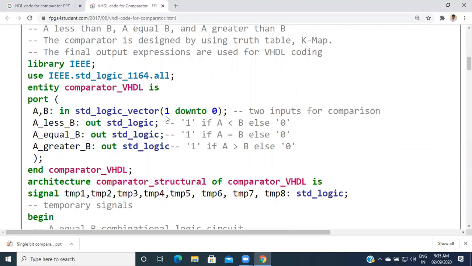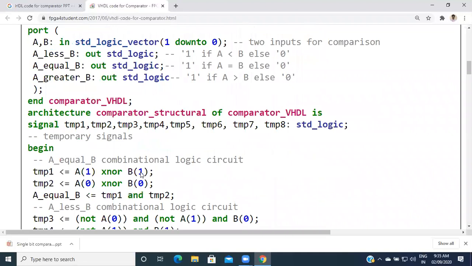Those are the two inputs. Then A is less than B is an output, out std_logic; A equal to B is out std_logic; and A is greater than B is out std_logic. These are the three outputs. The end of this entity is end comparator_VHDL.